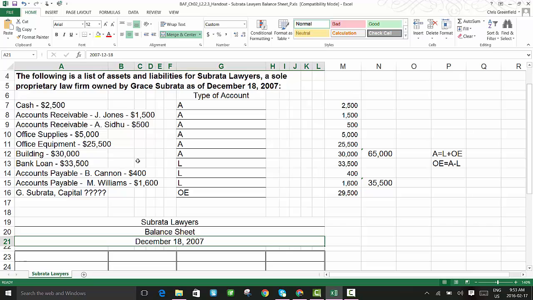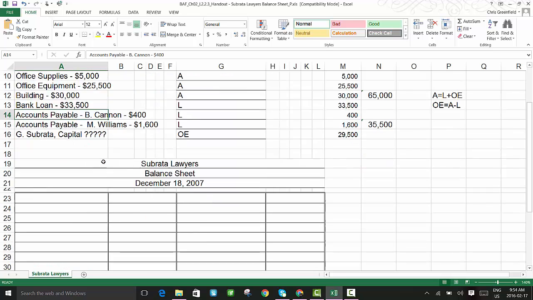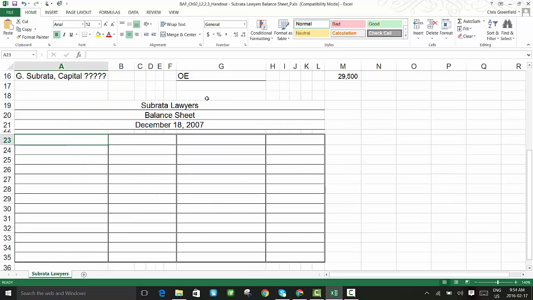So remembering there's two orders of things, and I think we're in pretty good shape here. So our assets, first of all, here have to be listed in order of liquidity. So the most liquid thing, which is cash, listed at the top. The next easiest things to convert to cash, which is almost always accounts receivable, goes next, and then so on. And then within our accounts receivable, they're listed in alphabetical order by last name, right? And so let's focus on that. So we're going to go down here. We're going to have our